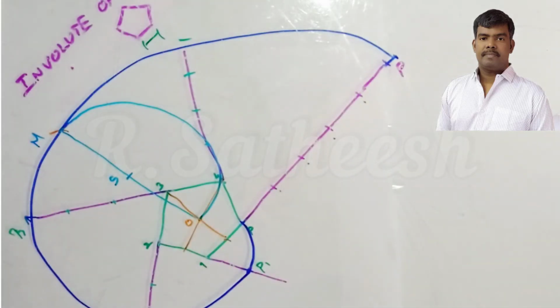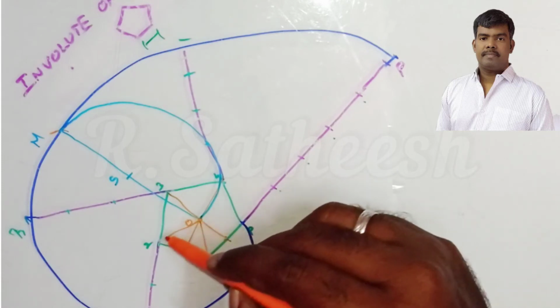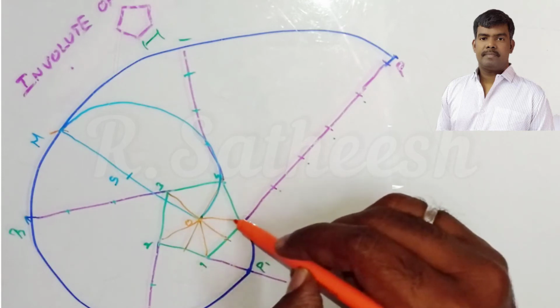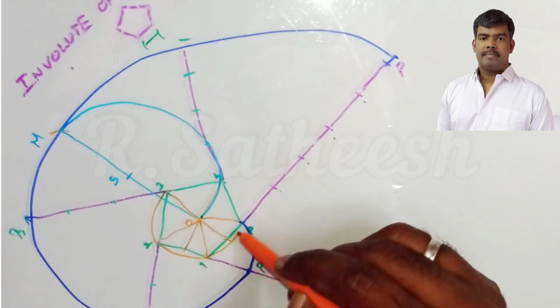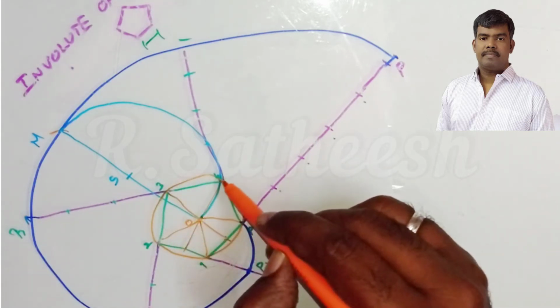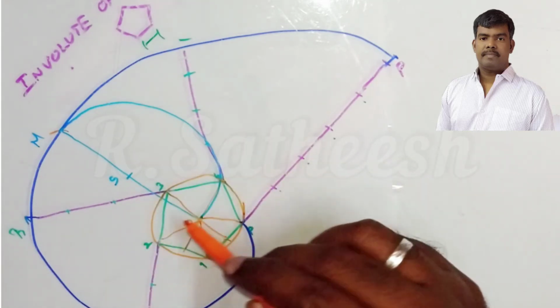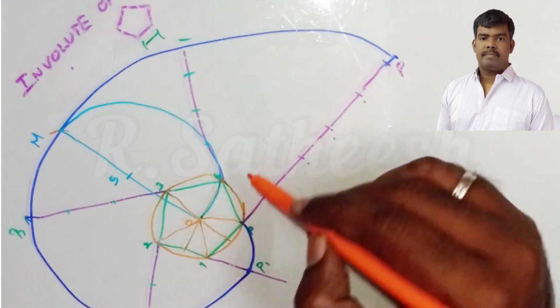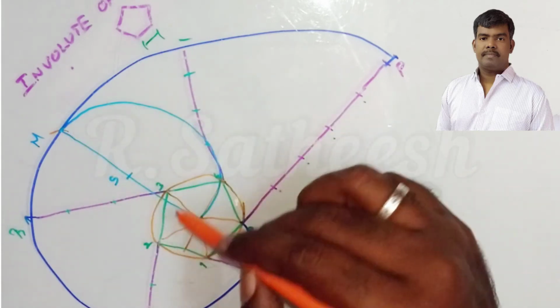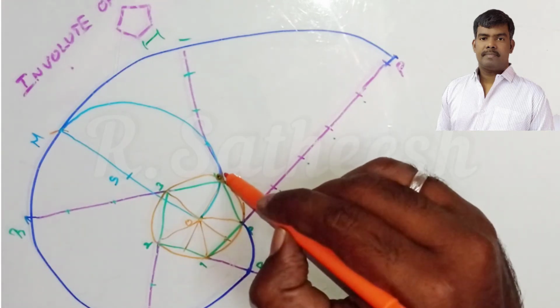That semicircle, okay, where it intersects the circle. In this case, let us assume, for example, already we have the center, so O1 equals O2 equals O3, O4, O5, all are the same, no? So take that radius and first form one circle. That circle passes through all the points of the pentagon, clear? For any polygon, either regular or irregular, while rotating it forms a circle, no? So we get the circle, and where the semicircle and circle intersect here, let us call that point N.